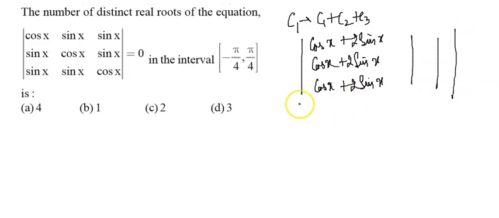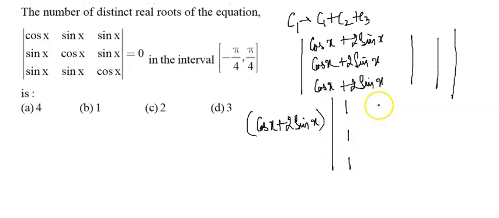If I take common out of it, it will be cos x plus 2 sin x, and we are left with 1, 1, 1, and remaining two columns will be sin x, cos x, sin x, and then sin x,